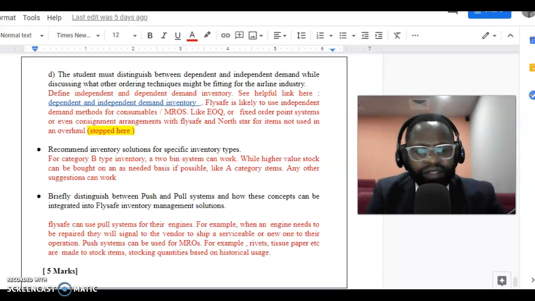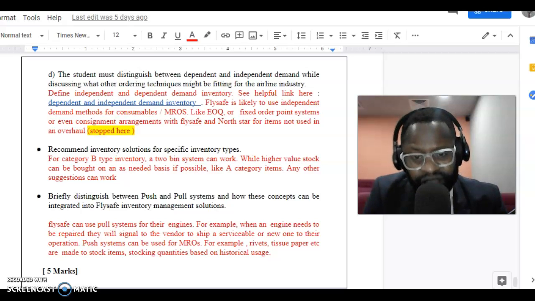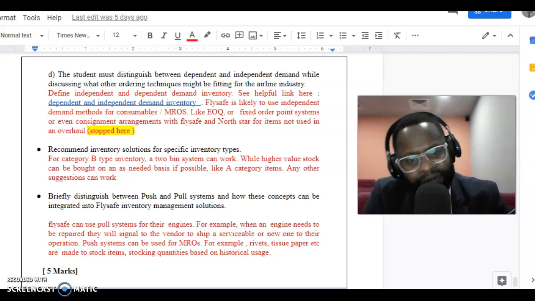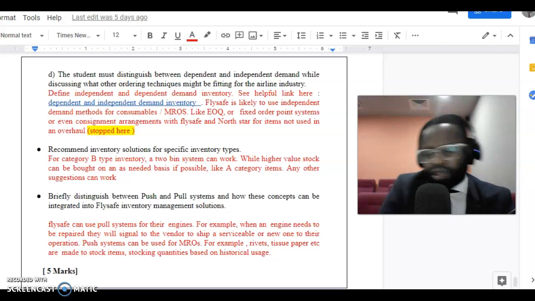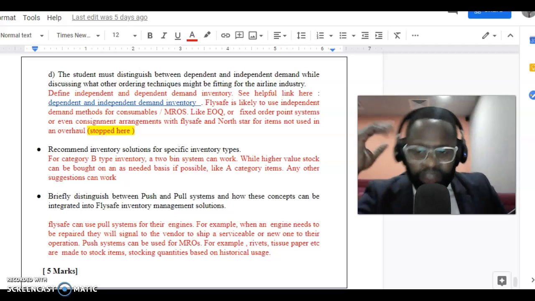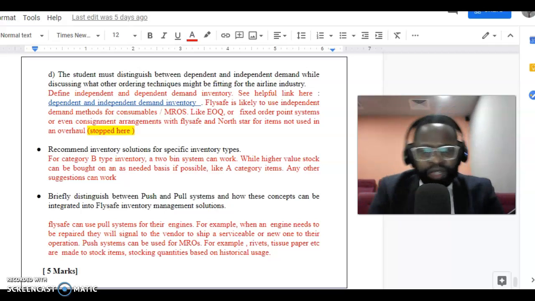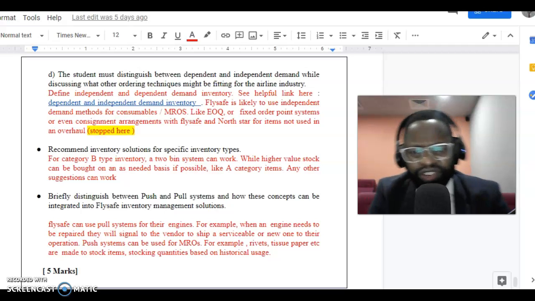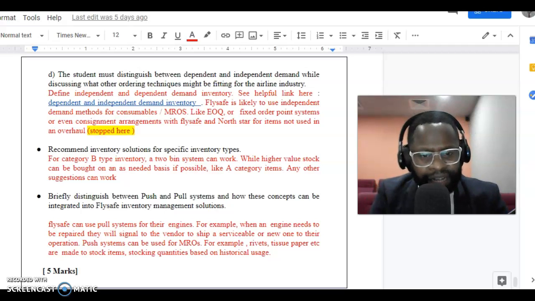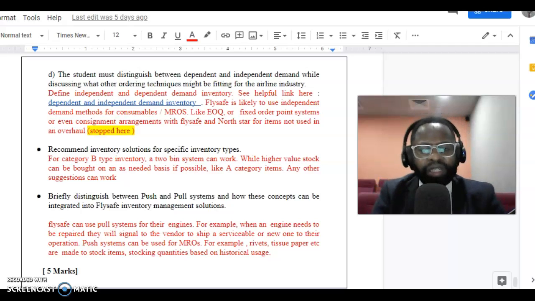See, helpful link here, right? There's a link on the definition as well. FlySafe is likely to use independent demand methods for consumables. So that's what you want to say. That is the argument you want to establish. Establish the argument that FlySafe should be addressing the inventory through independent demand methods like economic order quantity and fixed order point systems and even taking